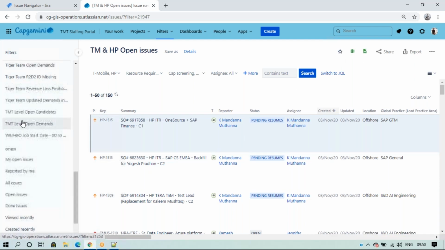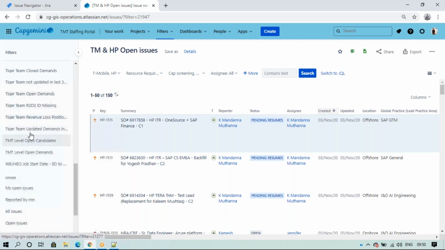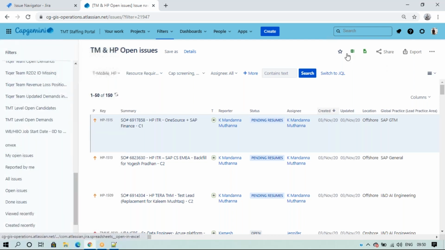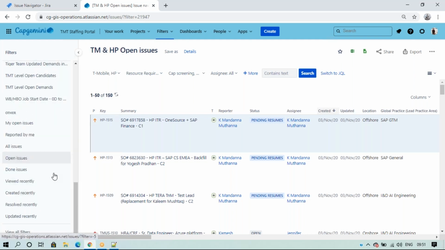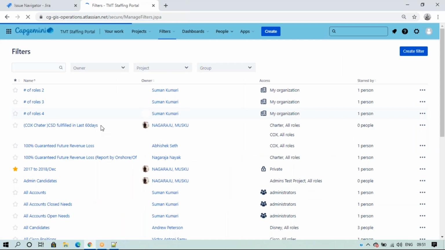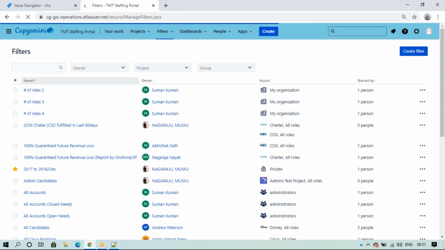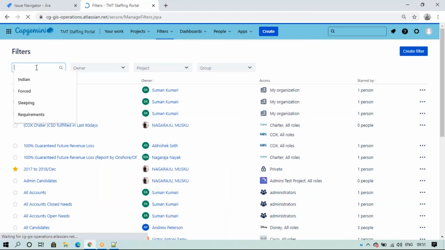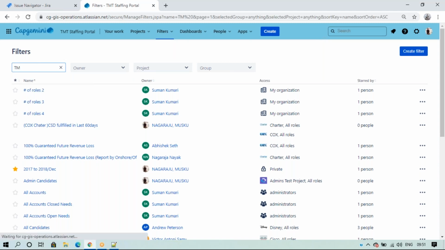It will appear from here; when unchecked, it is not available. See, it will be left from here. But when I selected this, it came here; when I uncheck this, it is not there. Like this. When I uncheck this, if you want to find it, go to view all filters and select it based on the owner, the project or something. So you can write T-Mobile as the description, right?